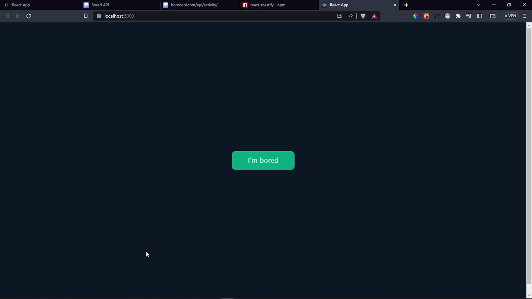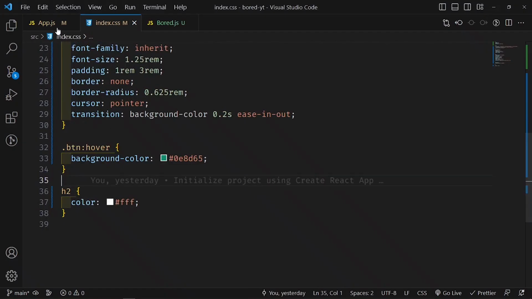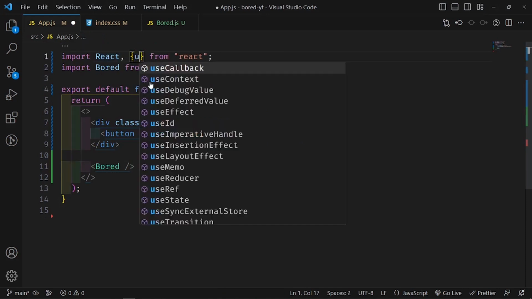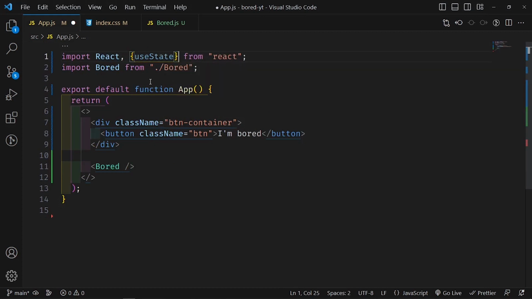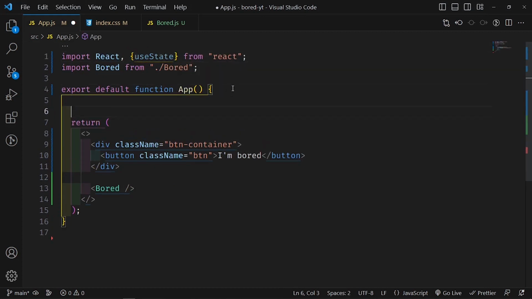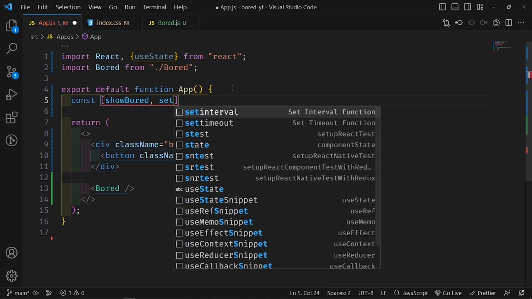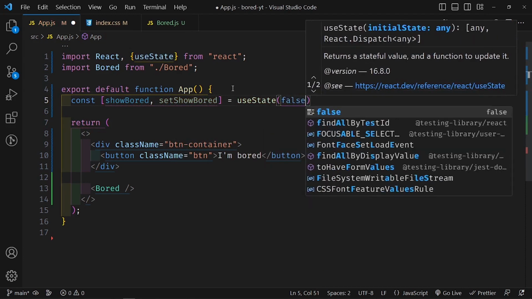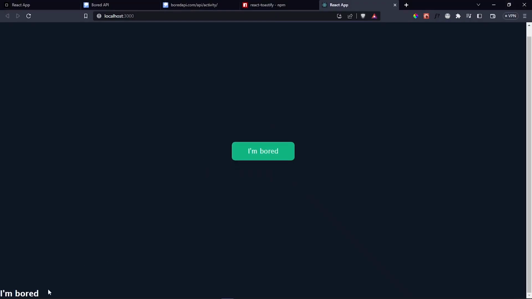Now, what we want is that when you click on this button, it disappears, and then this one shows up. So let's go inside our app.js, and on top right here, we are going to import a hook from React called useState, which allows us to manage state in our application. We're going to create our state value here and call it showBoard, and setShowBoard is going to be the function that controls our state value. By default, we want it to be false